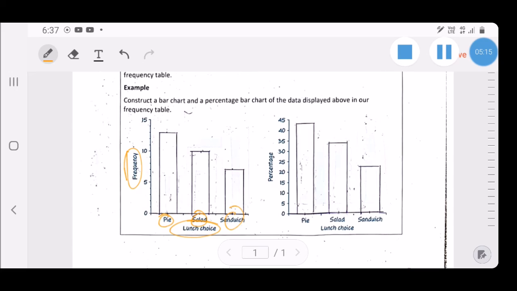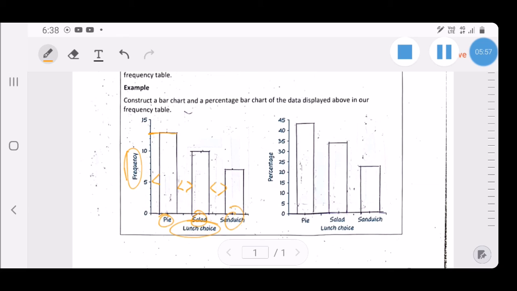Now, with a bar chart of this nature, you have a gap of equal width in between the bars, and you have a gap, typically half the width of that gap here. All right, and of course the height of each bar